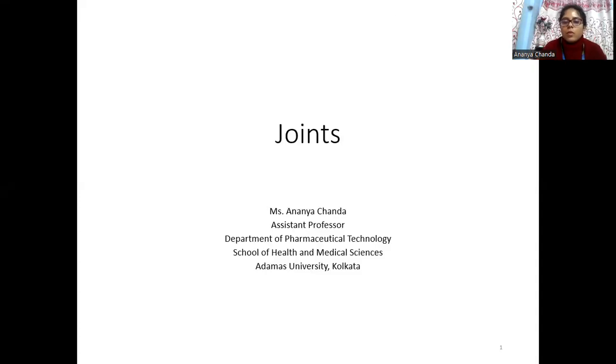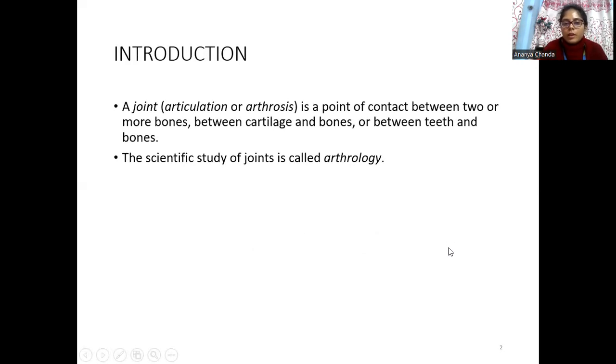So, our next module is about joints. First is introduction. So, joint is also known as what? The articulation or arthrosis. It is a point of contact between two or more bones, which connects between the cartilage